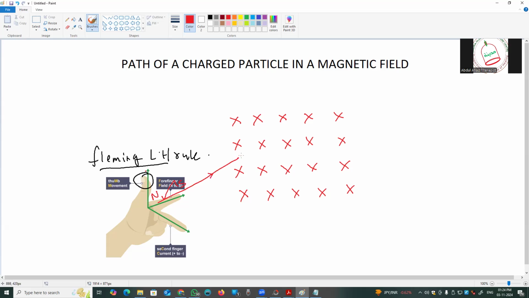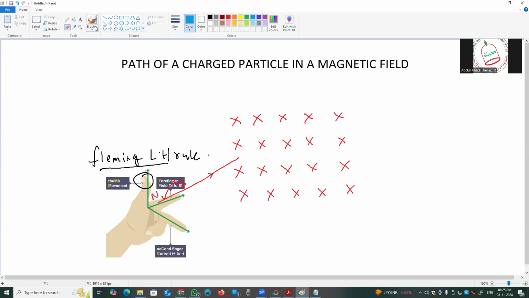So if the question asks you what is the direction of the magnetic field, you can write the direction of the magnetic field is towards the inside of the paper. Got it? Inside of the paper. Clear? So if they ask you about the direction of the magnetic field, you will write it is towards the inside of the paper, inwards of the paper, whatever. Right. Now